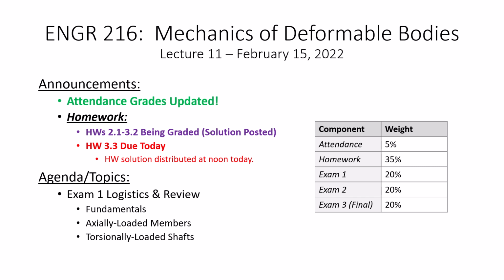Homework 3.3 is due today. I'm going to post that solution. It's going to become live at noon, okay? So if you haven't done that, I would go ahead and do it soon because I'm going to put the solution up. What we're going to do today is talk about the operation of the exam,